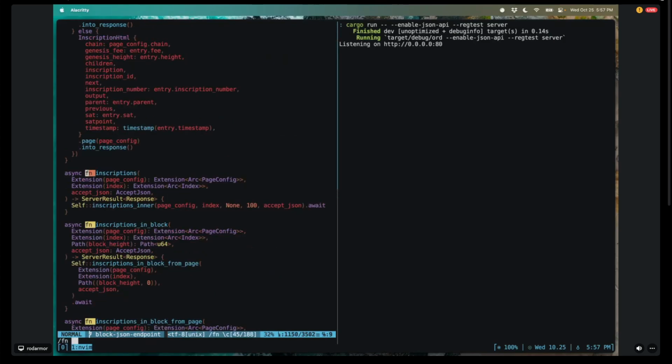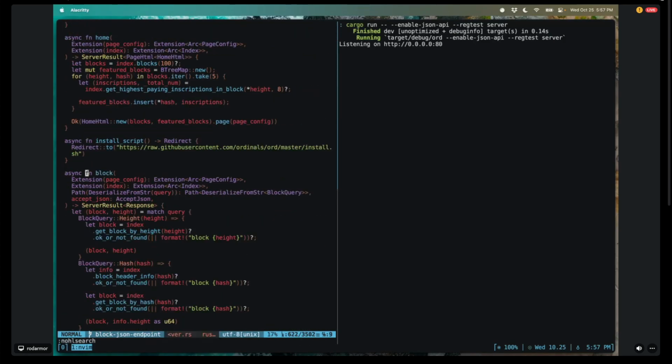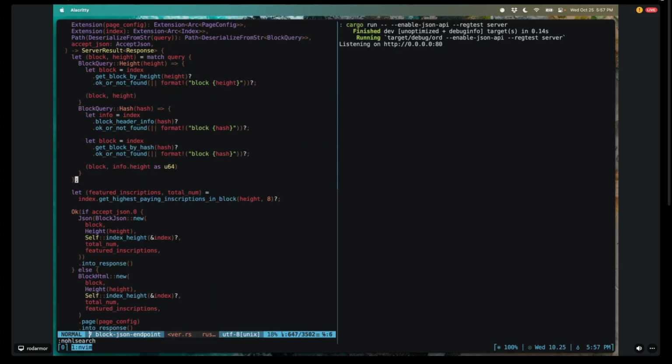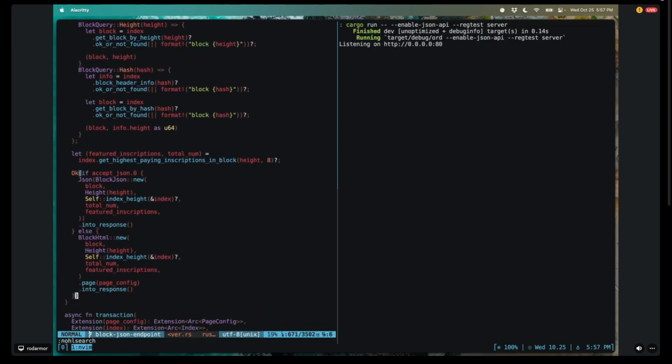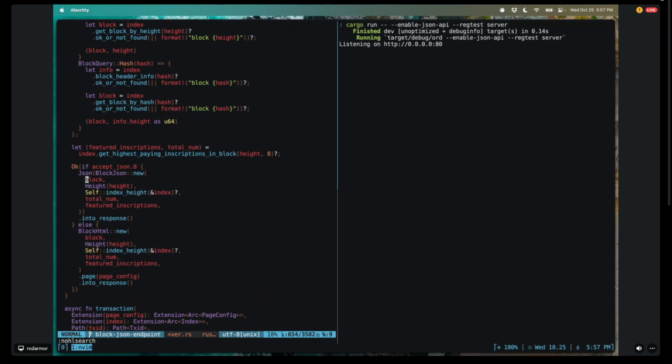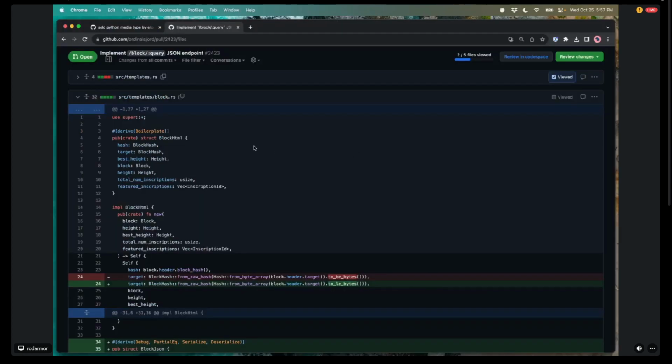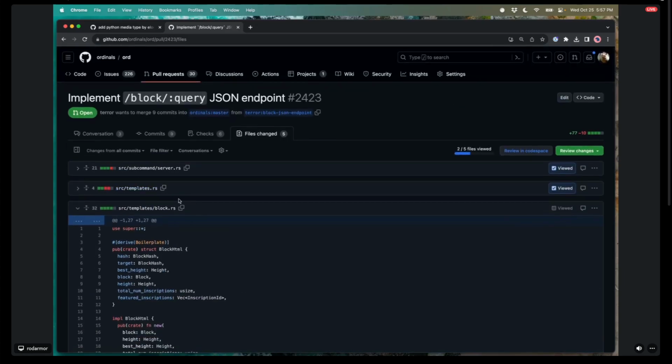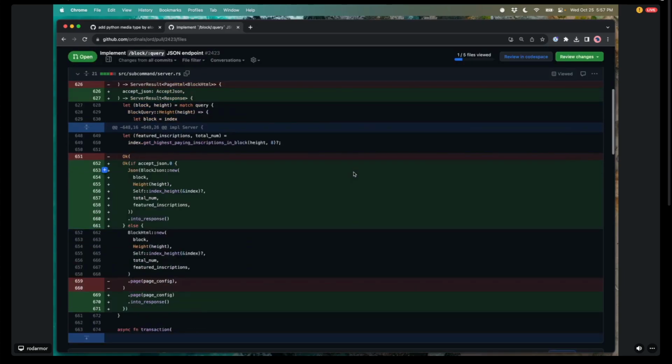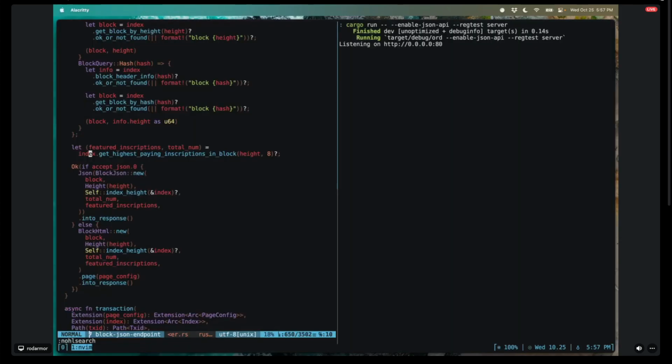So let's go back to this block endpoint. So we have this get featured inscriptions, get highest paying inscriptions in block. Did this change? No, it shouldn't have changed. Or sorry, just something in server. Oh yeah, okay. This was there before. Okay. So let's go to the